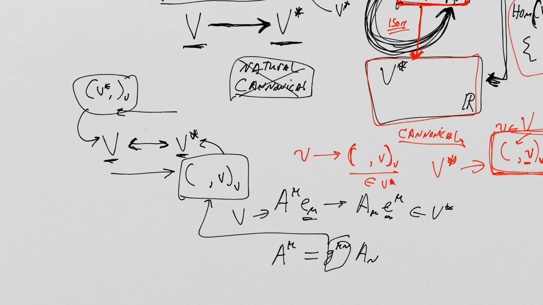It's the 0,2 tensor that actually, well, in this case, it's the 2,0 tensor the way I've drawn it here. I could have gone this way, A_μ = g_{μν} A^ν. That would be the 0,2 tensor that embodies this inner product, and this is the 2,0 tensor that embodies the same inner product, but these both reflect a map from,